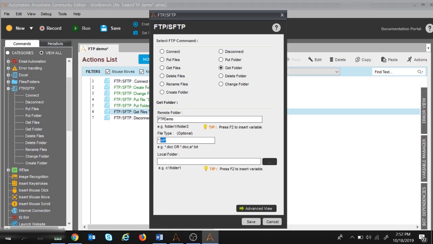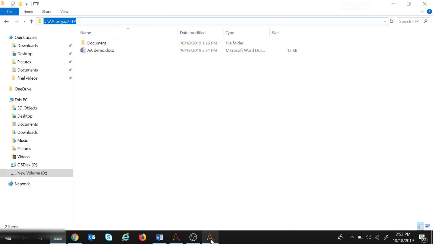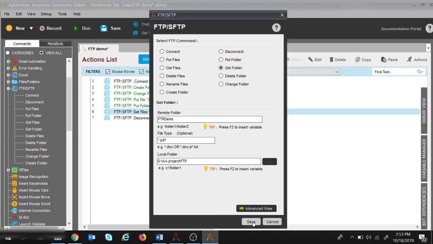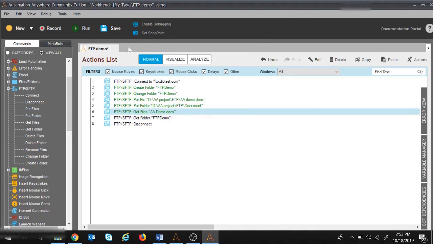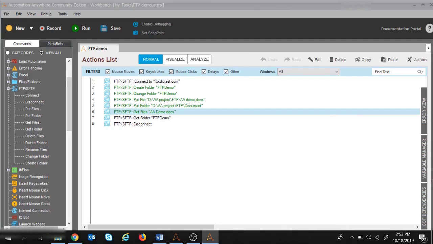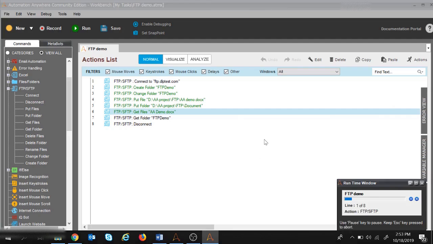So let's move with this PDF option, and we need to give the local folder path. So let's select this folder, let's give it over here, let's save this command, let's disable this command over here, and let's save the task, and we will quickly run the task. So my task is running